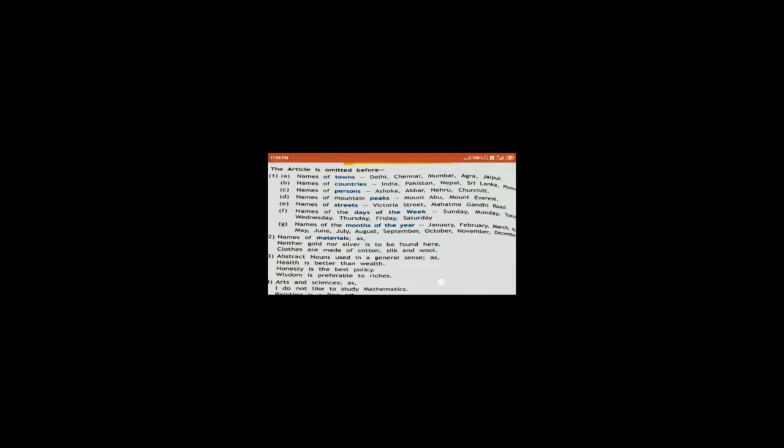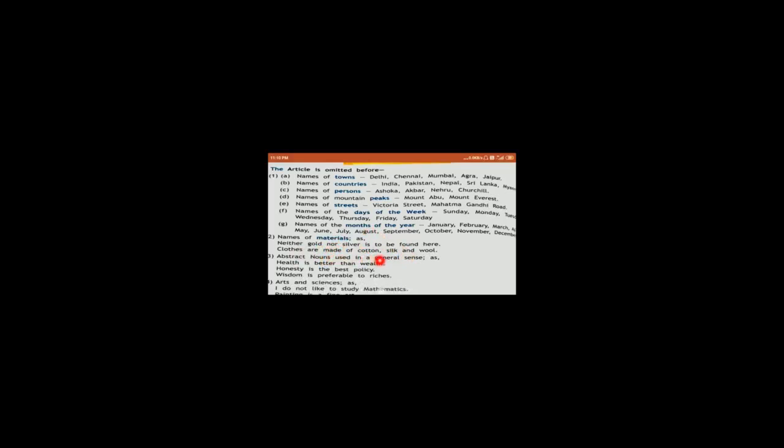So, here we find in a nutshell that the article the is omitted before the names of towns, countries, persons, peaks, streets, days of the week, or the months. In the names of materials, neither gold nor silver is to be found here. Clothes are made of cotton, silk, and wool. Even abstract nouns used in a general sense, for example, health is better than wealth, honesty is the best policy, wisdom is preferable to riches,